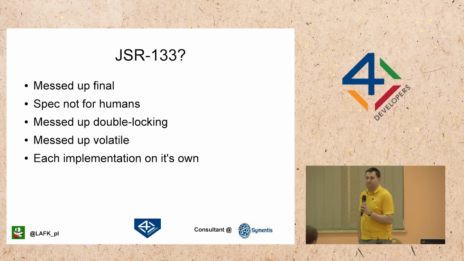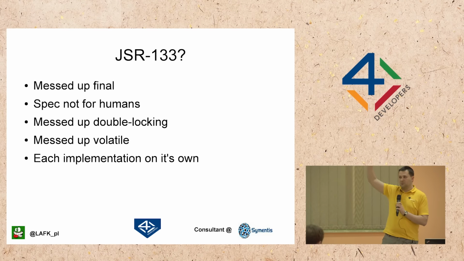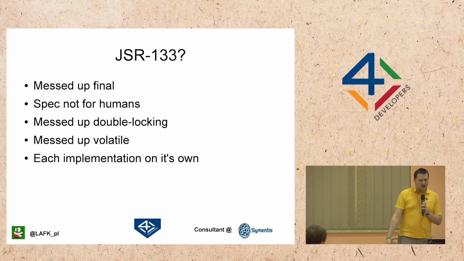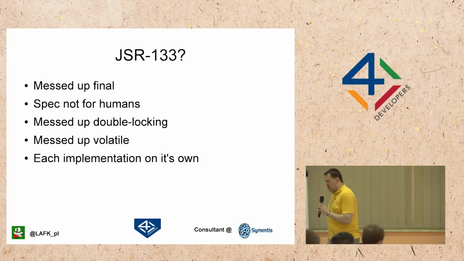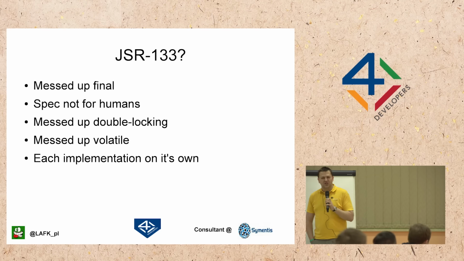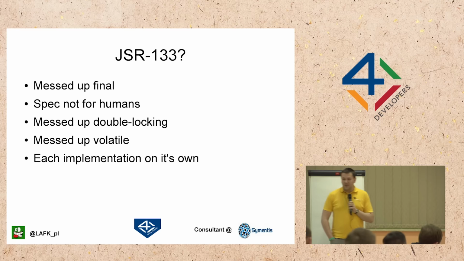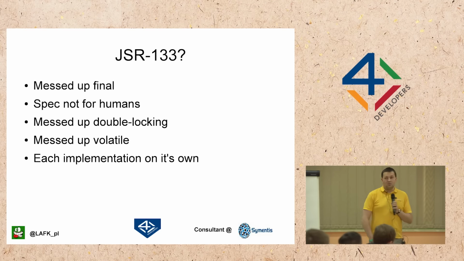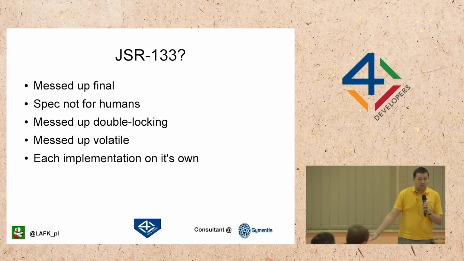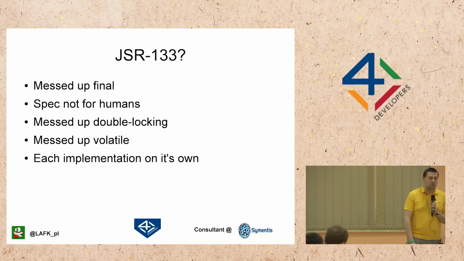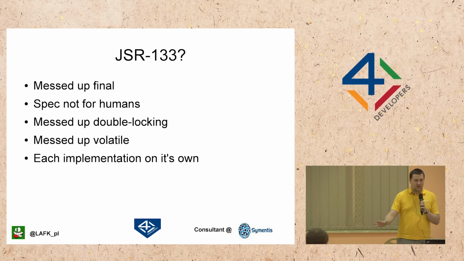So, how did they botch it? I mentioned JSR 133 before. Hands up who heard about it. Okay, not many. So, JSR 133 is basically a crusade by Bill Pugh, who noticed that pretty much every single promise that the Java memory model makes simply doesn't hold up. When they say that final fields are final, they aren't. When they say that volatile makes you actually able to read the field from memory, nah, not really. And when they say that double-checked locking, and locking generally, works,